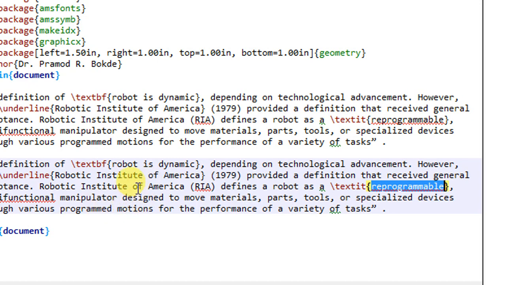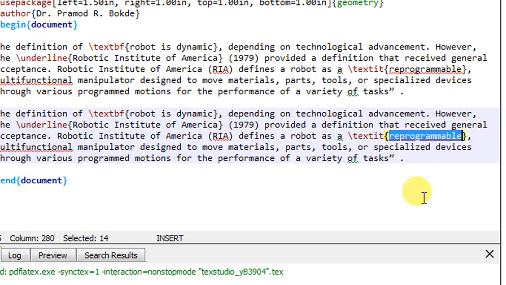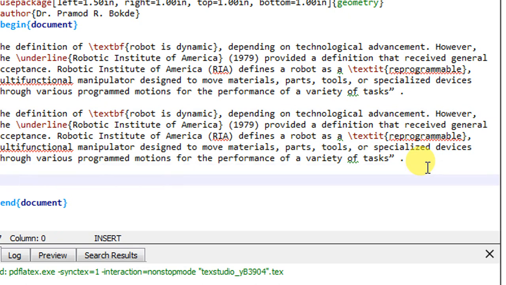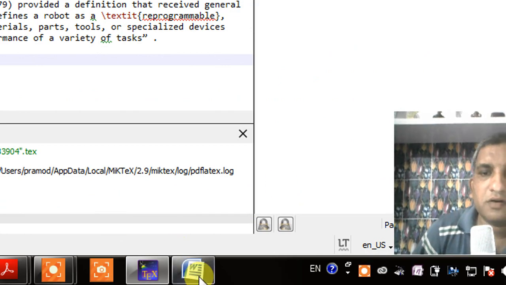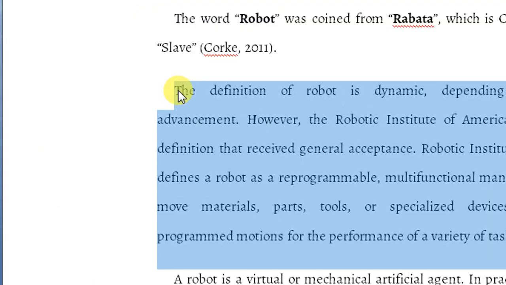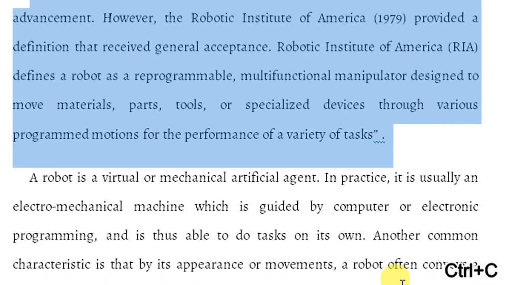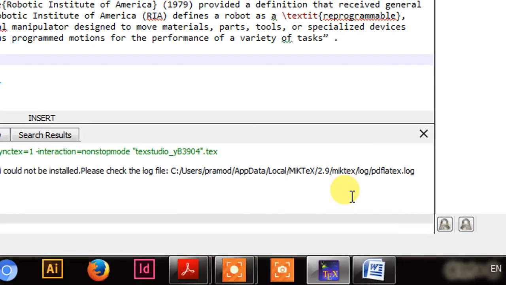Now, one more command we have to concentrate on, that is emphasizing. Let us see what the meaning of emphasizing is. Let us again have the text. I will copy it from the Microsoft Word document, Control C, and consider the same text.